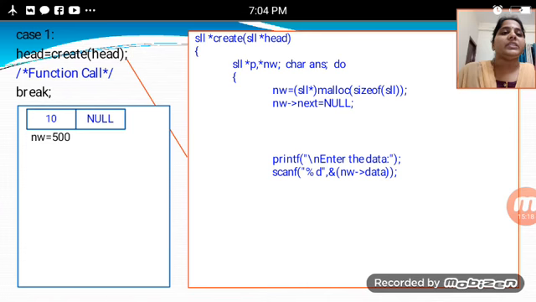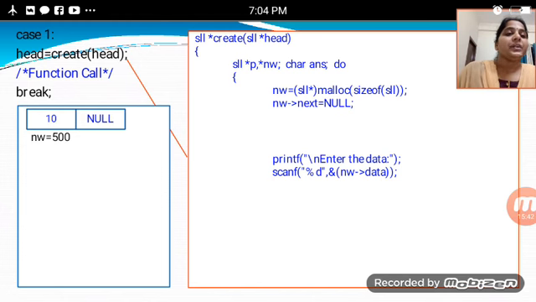After that, in the code expansion, the printf function will be there. This printf function is the output function: enter the data. You have to enter the data, for the data is something in NW, which has the location 500, and in that location 10 will be there. That is the scanf function.